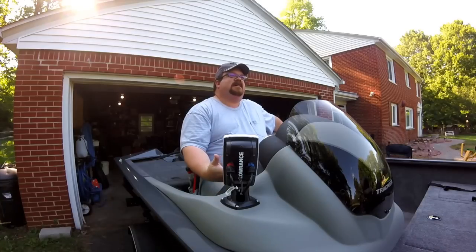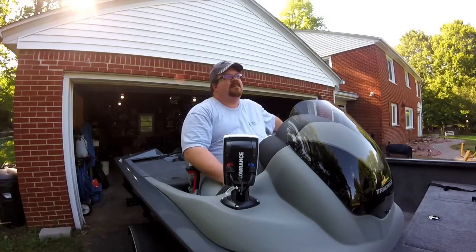Interestingly enough, when I went there, I got there before they opened. There was one of their mechanics standing out front, so I chatted with him for, I bet it was 20 minutes, and we talked a lot about how the quality of tracker boats has changed over the years, recently for the better, fortunately. Some of the other manufacturers maybe have gone down a little bit in quality, but the price hasn't